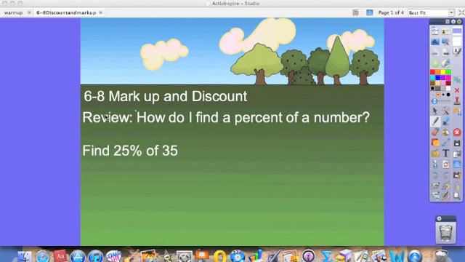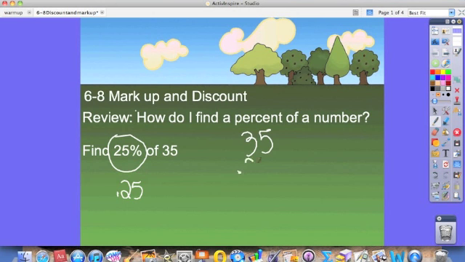Find 25% of 35. To find 25% of 35, we're first going to convert 25% to a decimal. We know that 25% is out of 100, so that would be 0.25 or 25 hundredths. Then we simply take 35, multiply it by 0.25,